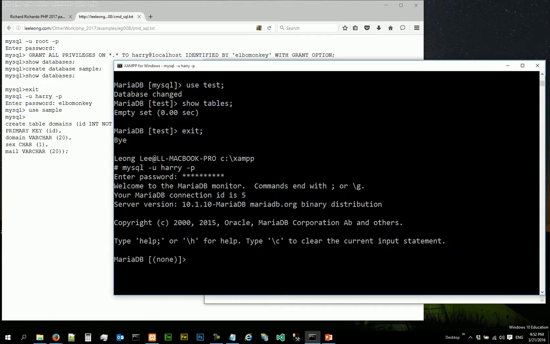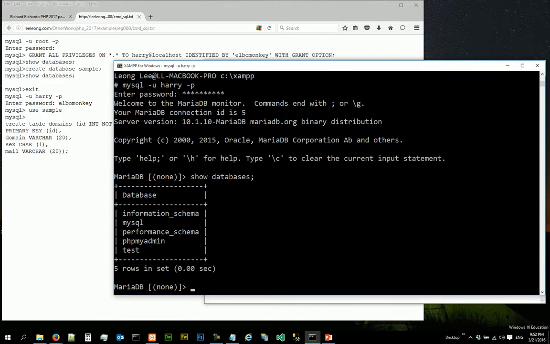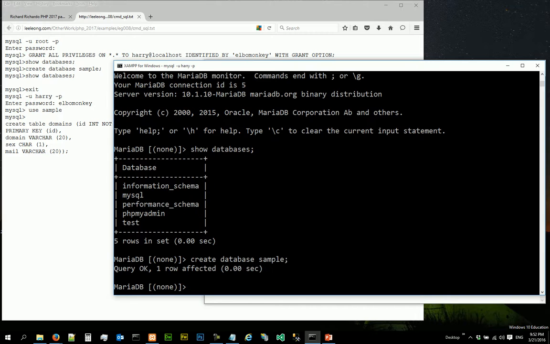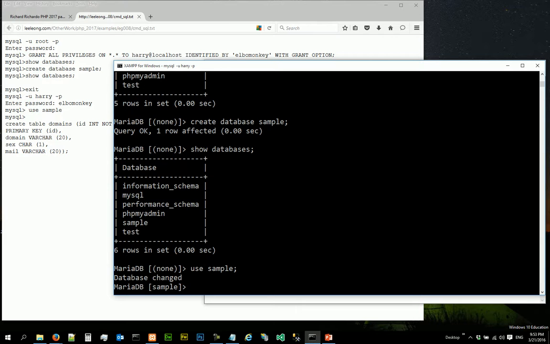We are going to create a new database. If you say show databases and you want to create a new database, which is shown here, called sample, and if you show databases again, you realize a new database called sample is created. And if I want to use the sample database, obviously there's no table there, so if you say show tables,